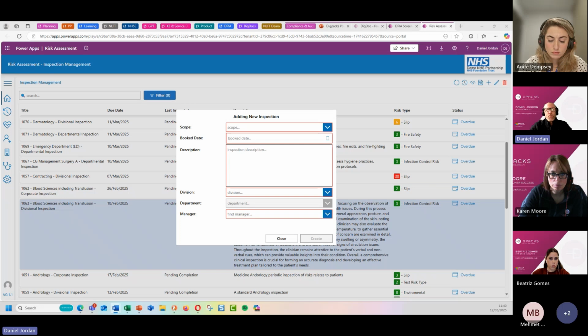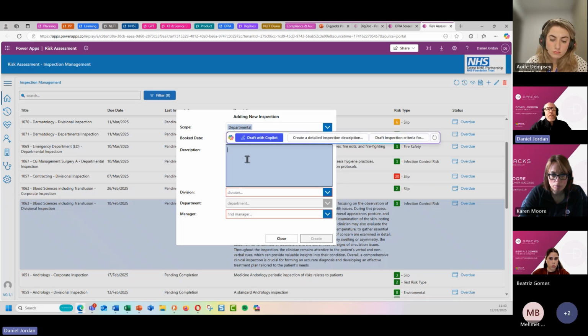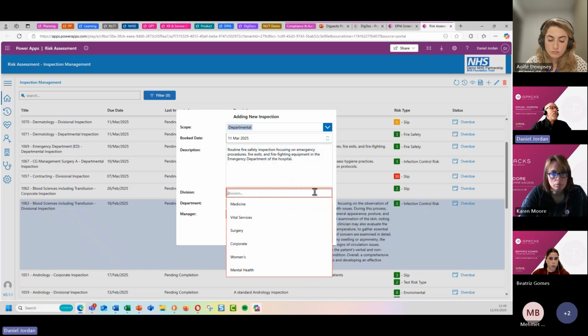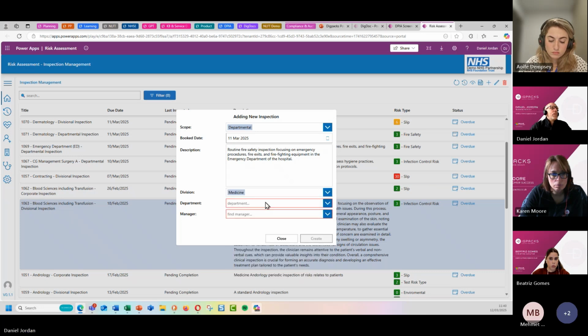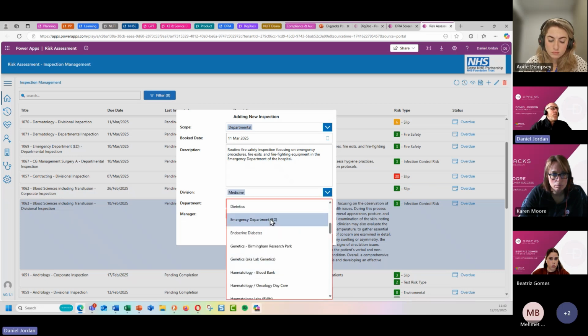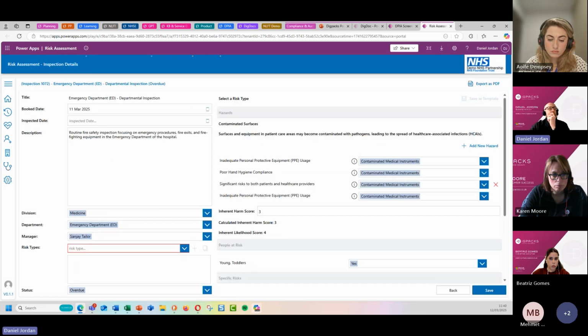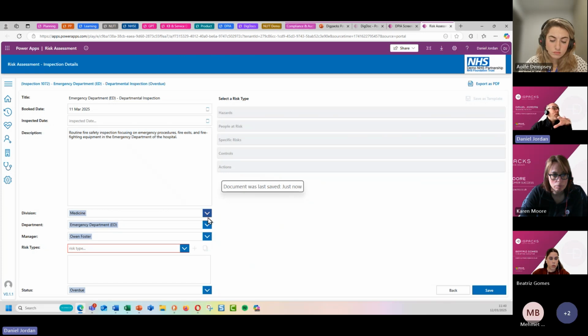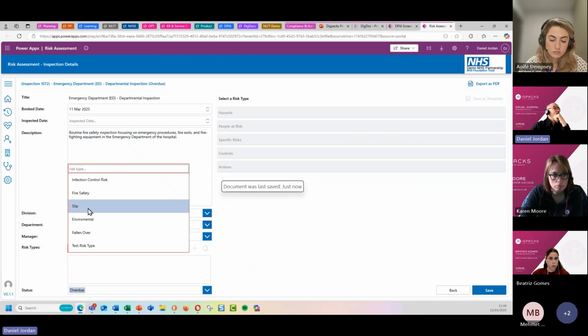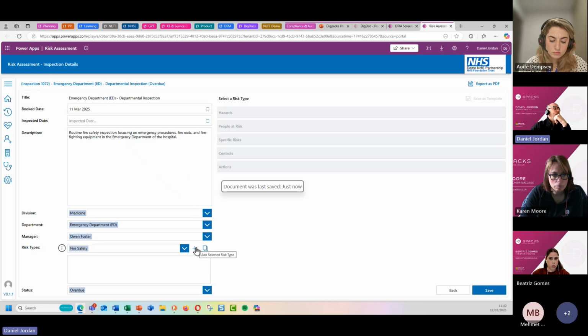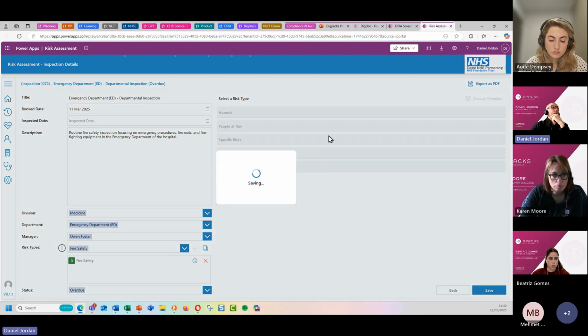and I can record some key information in terms of the scope. Say it's departmental, say it's for today, and say if I wanted to record what it's going to be about, say this is a fire safety inspection, I can say what it relates to. Hopefully I'll be able to choose the appropriate department, identify who the manager is, and when I create that record, it will pre-populate some of the information I put in on that first screen and give me the opportunity of adding in further data. So if I want to record the risk type of fire safety,